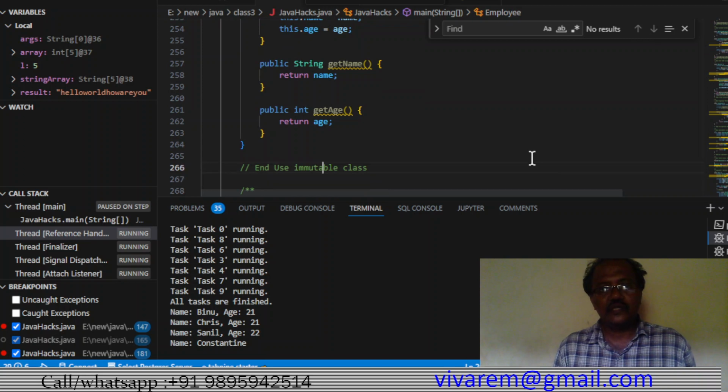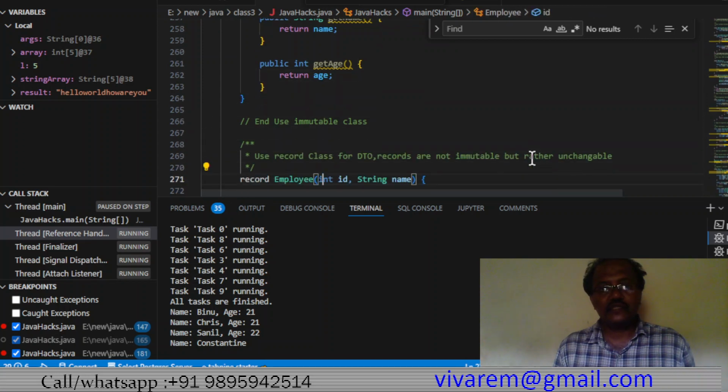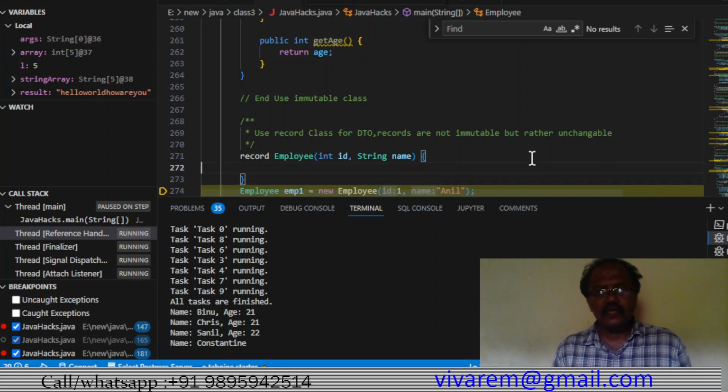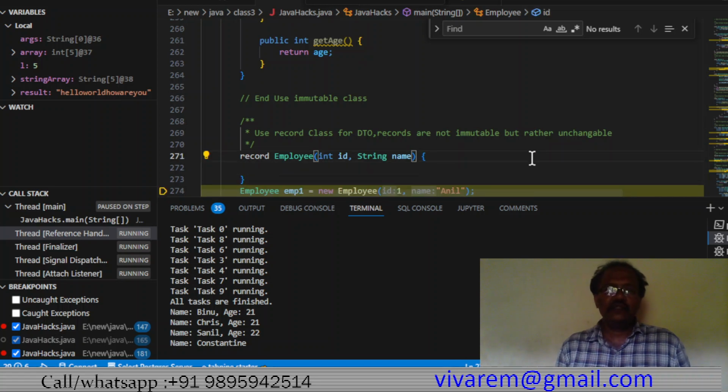Everything is got through the constructor. You get the data once it is set through the constructor, and get the data through the getter methods. Okay, again, the immutable